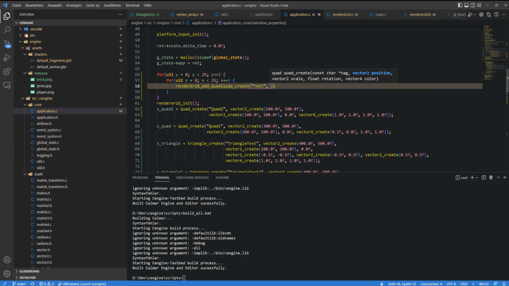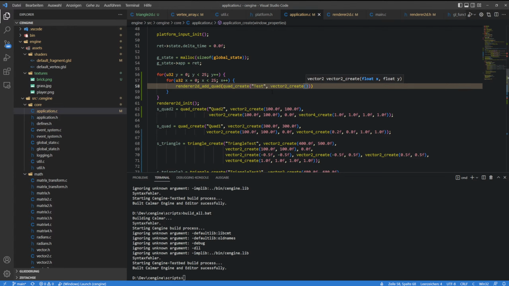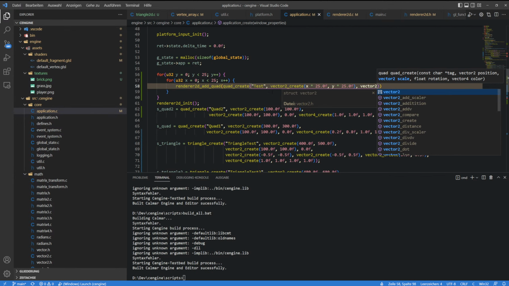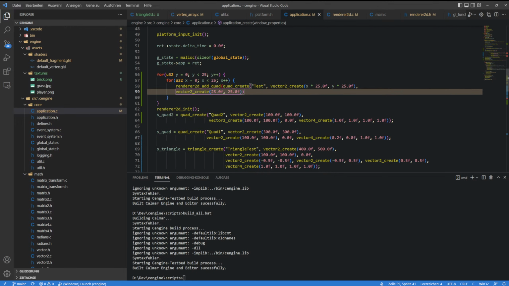Position, let's do vector 2 create x times 25, y times 25, and vector 2 create 25, 25. Rotation is 0, color is,